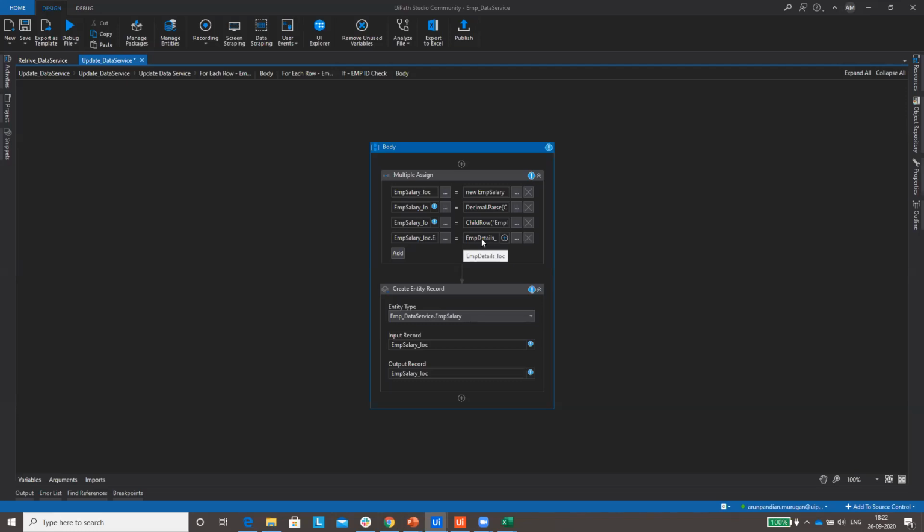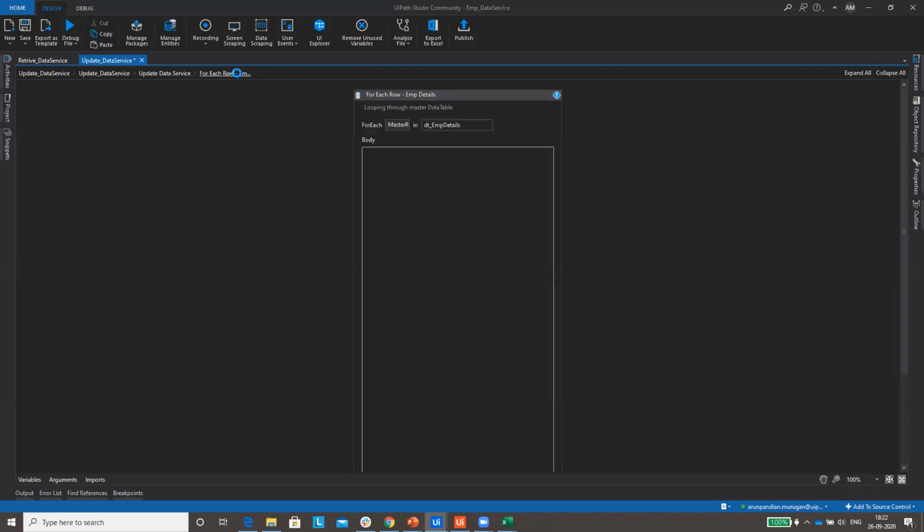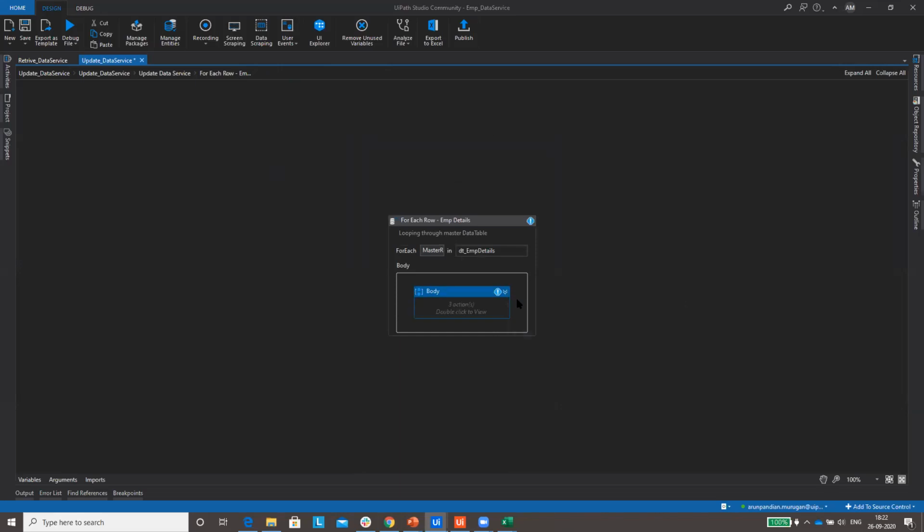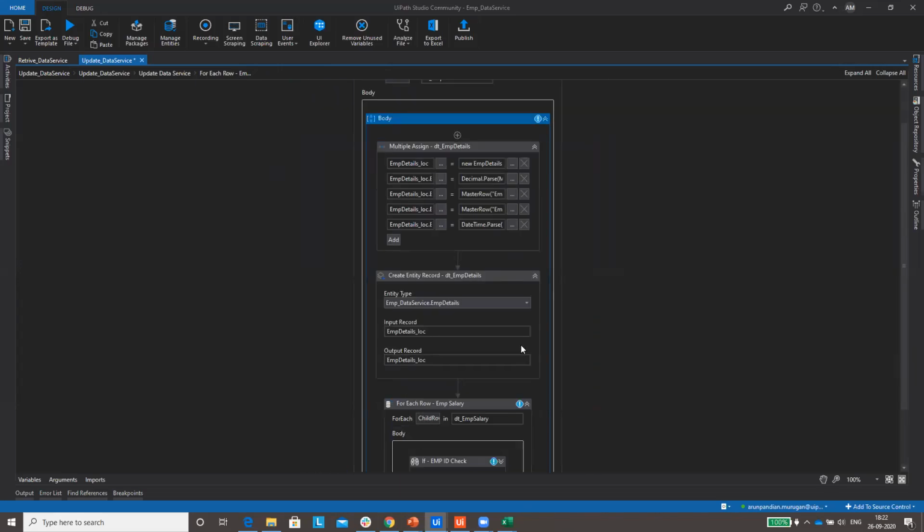We have two separate Excels, employee salary and employee details, and in the back end, in the orchestrator, we are creating the relationship between these two. So how does it insert the exact record for the same ID? The condition is a for each inside a for each.